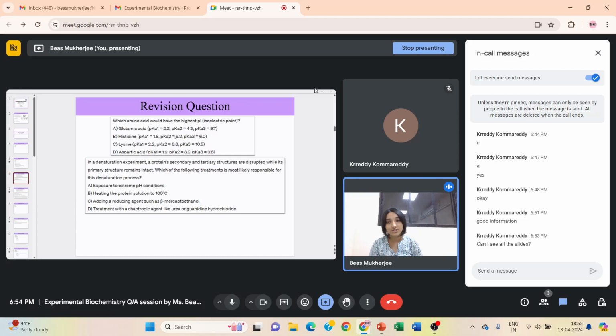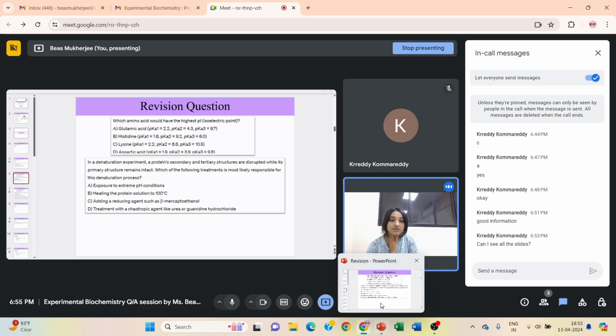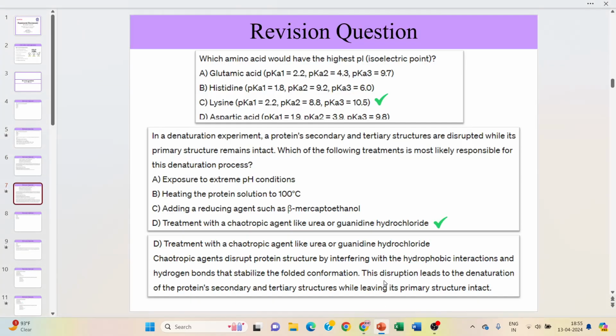And then in the denaturation experiments, they are asking you protein secondary and tertiary structures have been disrupted, but then the primary structure is kept intact. And so in an experiment, how do we achieve that? One of the options would be heat, but then the more appropriate answer in this case, because this is a denaturation experiment, this is not SDS-PAGE. They have not mentioned SDS-PAGE, and therefore a better answer would be treatment with urea or guanidine hydrochloride, right? Because this is a chaotropic agent which is going to disrupt all the secondary and tertiary interactions of